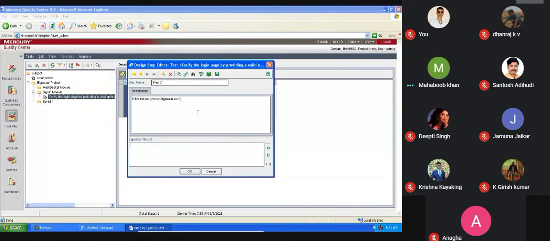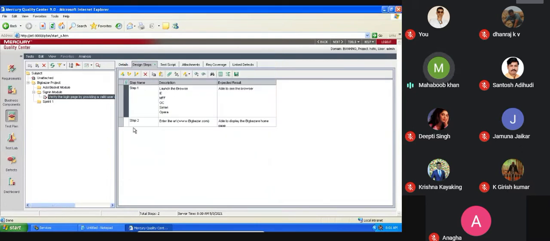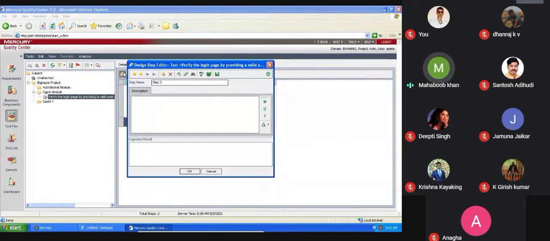BigBazaar.com. What is expected? Able to see or display the Big Bazaar homepage. Once you click OK, again it gets the second. Now plus gives the third one.